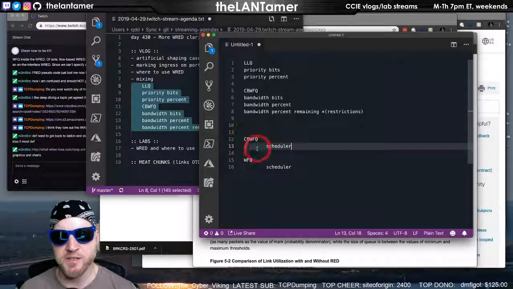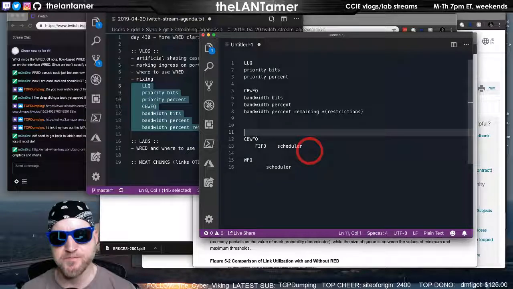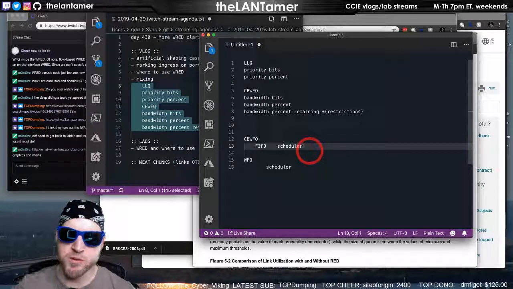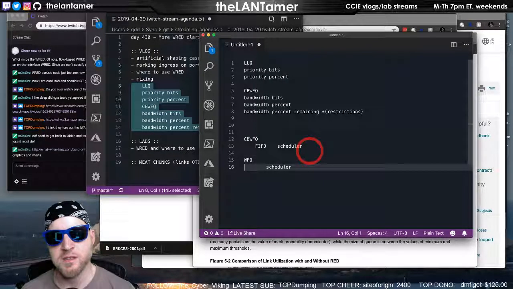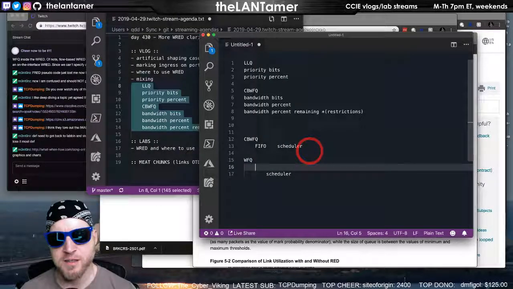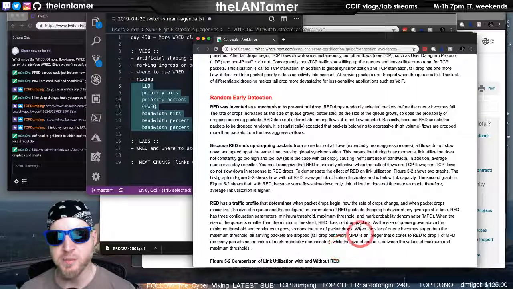And what it's saying here is that with class-based weighted fair queuing, the scheduler is pulling out of this queue. This is a FIFO queue. So they are classified, but it's just taking them in the order in which they arrived. When you use weighted fair queuing, it is not just pulling the next one out of the pipe.